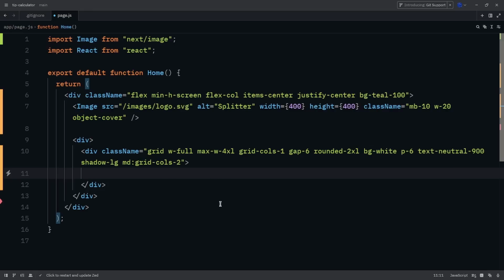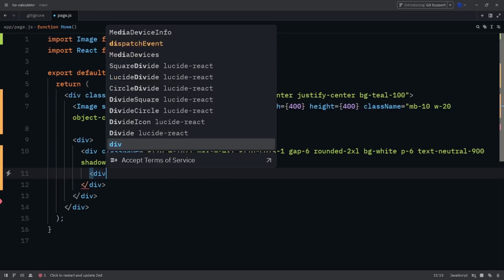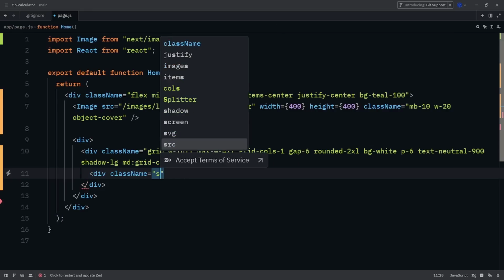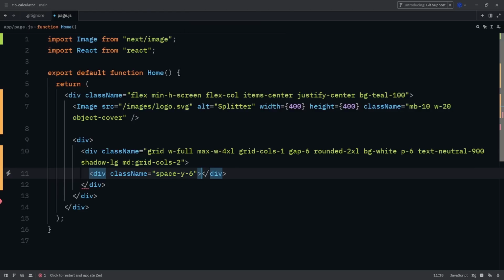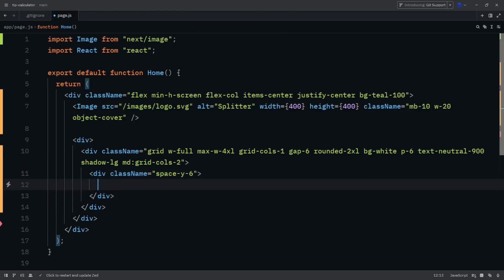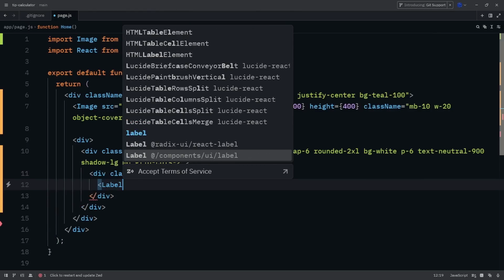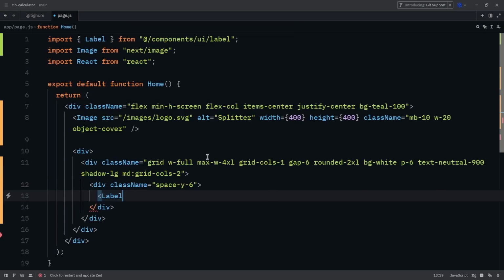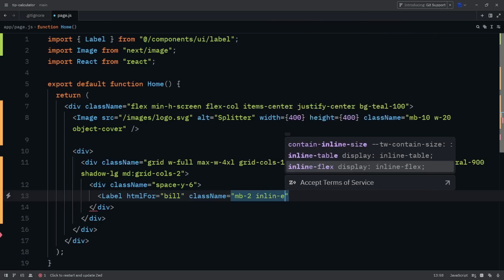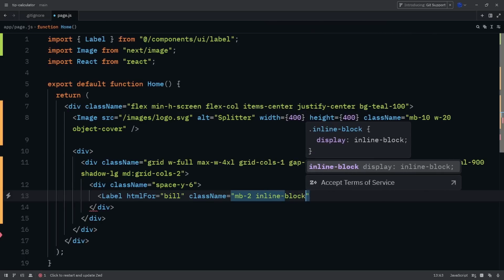Now inside this div, we're going to have another div with the class name here of space dash y dash 6, and then inside this div, we're going to have our label, which is coming from shadcn. So make sure that you import components UI label. So this one right here. And this label is going to have an htmlFor of bill. So this is going to be the bill. And then it's going to have the class name here of margin bottom of 2, inline dash block, inline block,